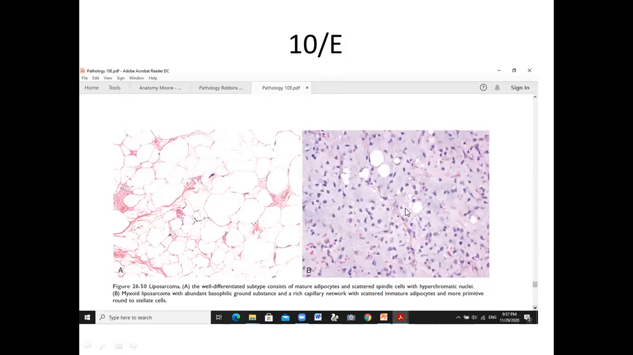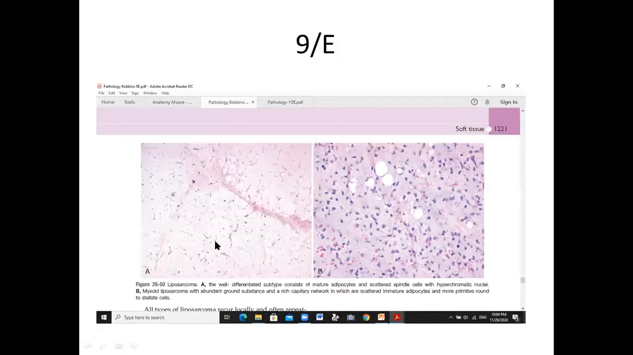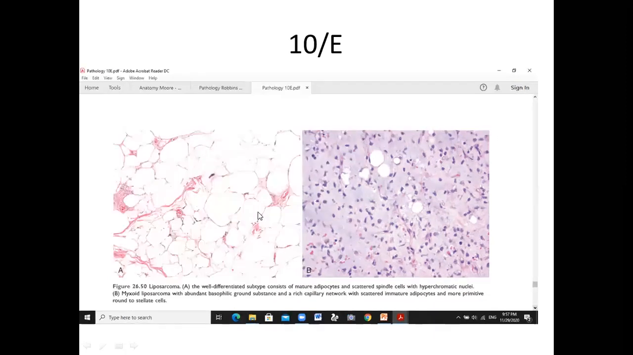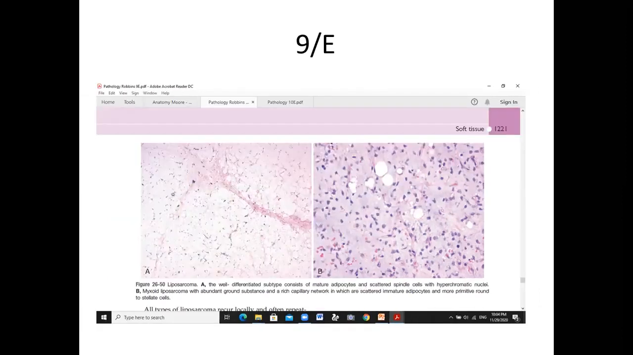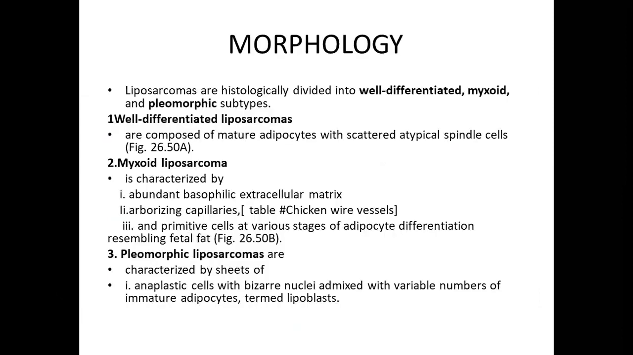Let's see again. This is the figure from the 9th edition. You can see this blue color, all are hyperchromatic nuclei, and this white are well differentiated adipocytes. And talking about mixed liposarcoma, this is characterized by abundant basophilic extracellular matrix, that is, basophilic blue color,